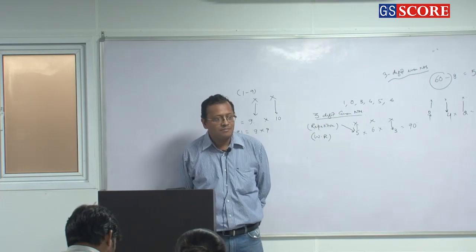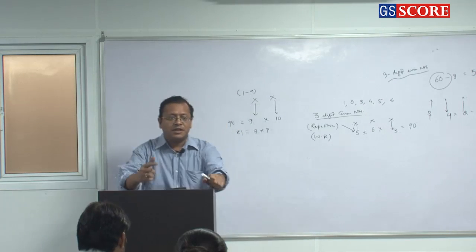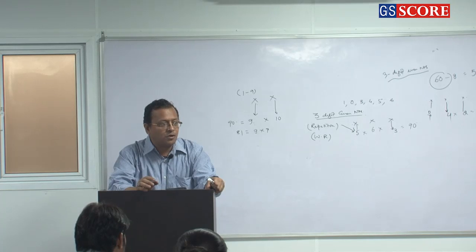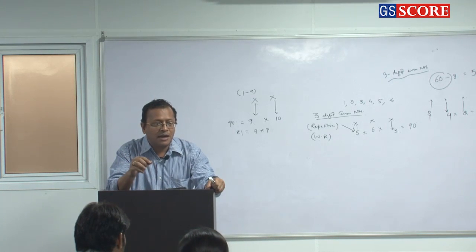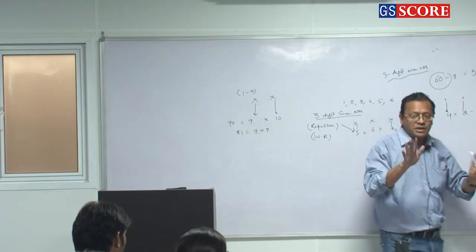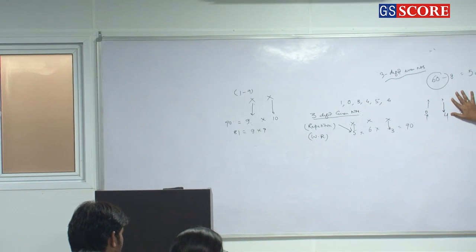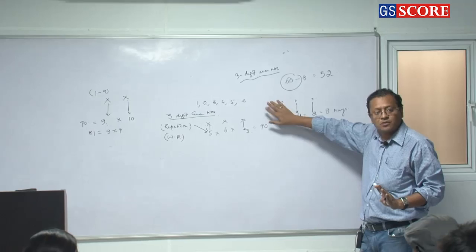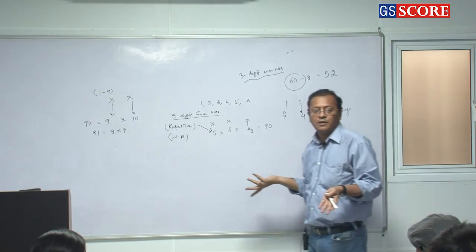Easy or not? But you have to be very organized in your thinking in attempting permutation and combination. First this, then I will do this, then I will do this. I will not start with the first digit, then second digit, third. My constraint is what? Even number. So I will pick up the last place first. And then I will look at the constraint. Okay, 0 is there, so this constraint. And the middle one is resolved automatically.